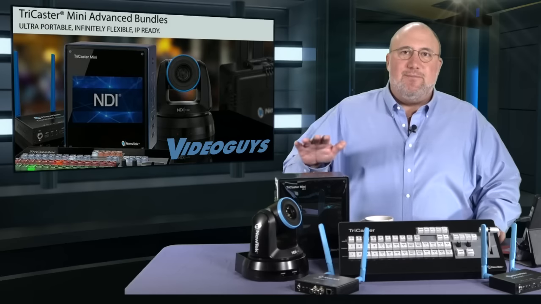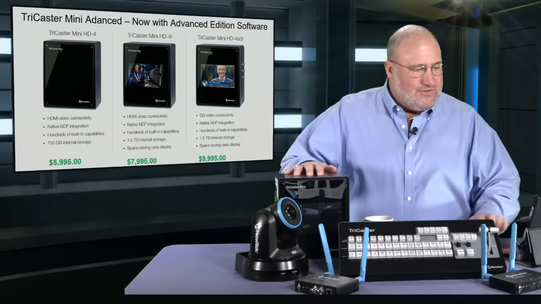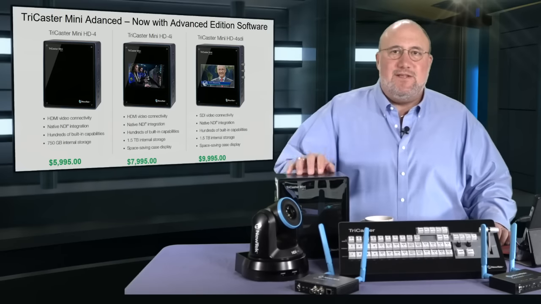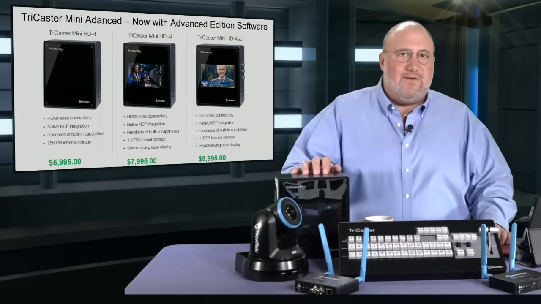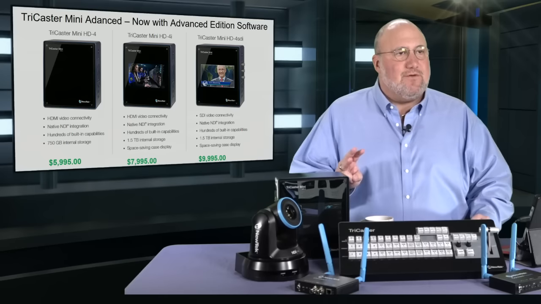And the TriCaster Mini is now called the TriCaster Mini Advanced. What that means is Advanced Edition is preloaded on these puppies now. So they come with Advanced Edition on them, which is going to give you a lot more features. What do you get with Advanced Edition? I'm going to tell you in a second, but first I think we should review the three different flavors of